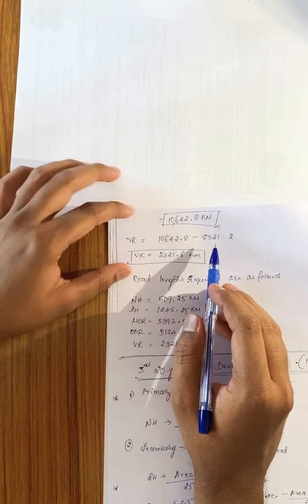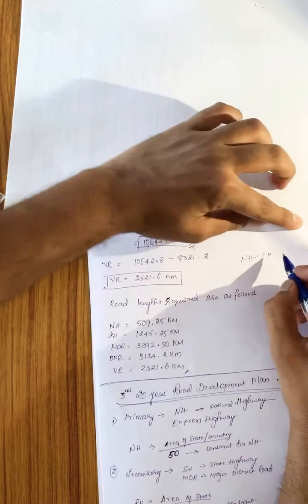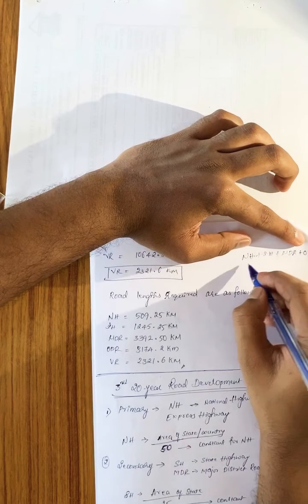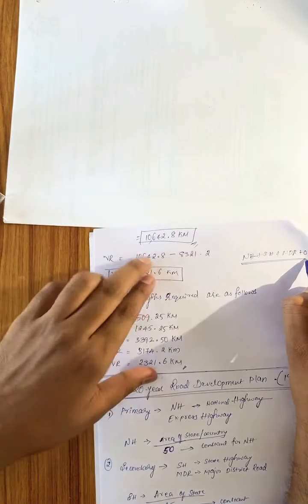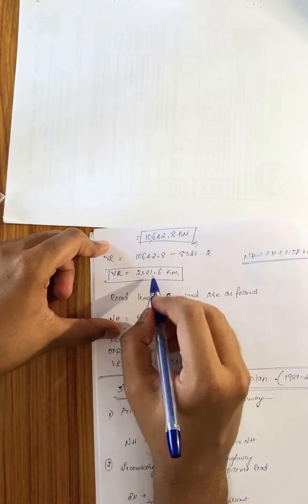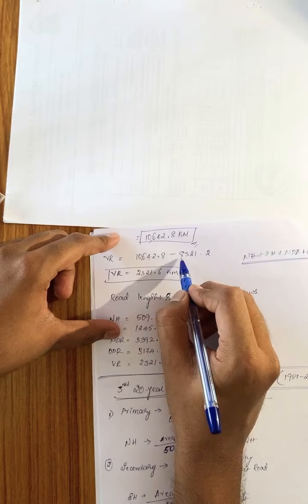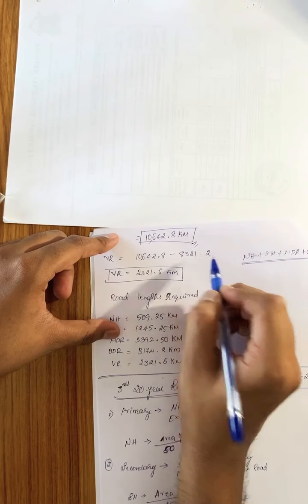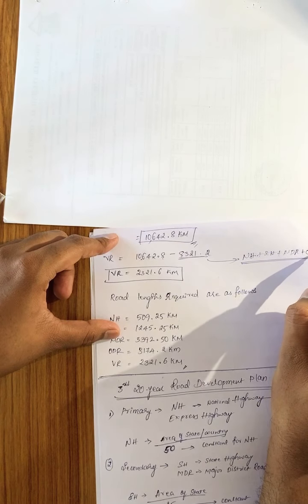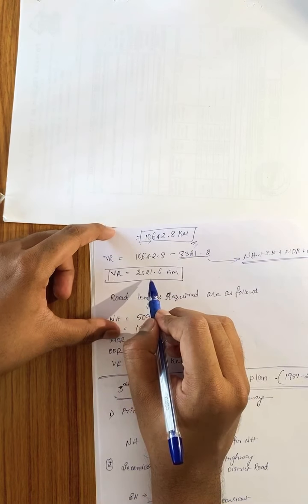In that we have to minus the national highway, state highway, major district roads plus other district roads. By subtracting from the total length, we will get the answer for the village road. The total length is 10,642.8 kilometers minus 8,321.2 kilometers, which includes the national highway, state highway, major district road and the other district roads. By subtracting, we got the answer for the village road, that is 2,321.2